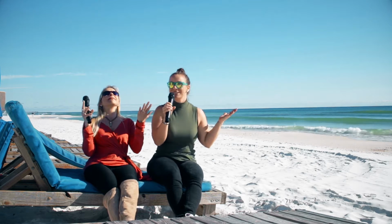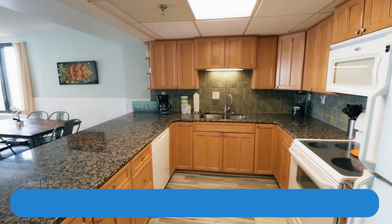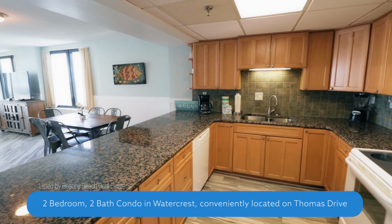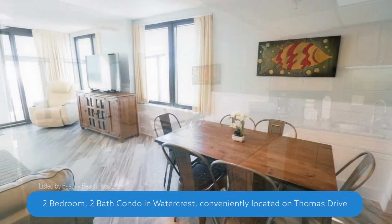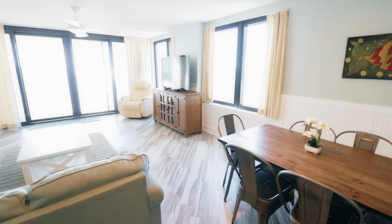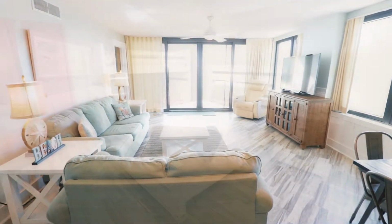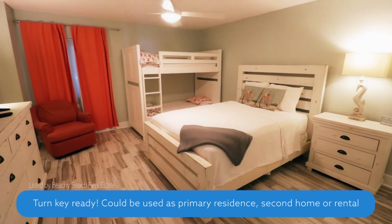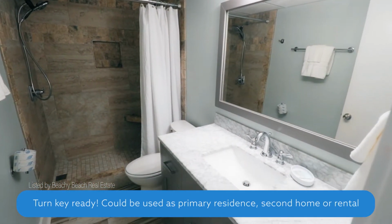Beachy Beach. Today, we are over here soaking up the beautiful sunshine in front of the Gulf. That's right. Over at Watercrest. Yes, beautiful condominium. It's a 2-bedroom, 2-bath, undergone some renovations in the bathroom and the kitchen. You don't have to worry about carpet. None throughout. And it's all modern, updated, what we would expect for current times. Okay, and I think turnkey ready. So if someone wanted to live here, they wanted to have their own little beach getaway, absolutely